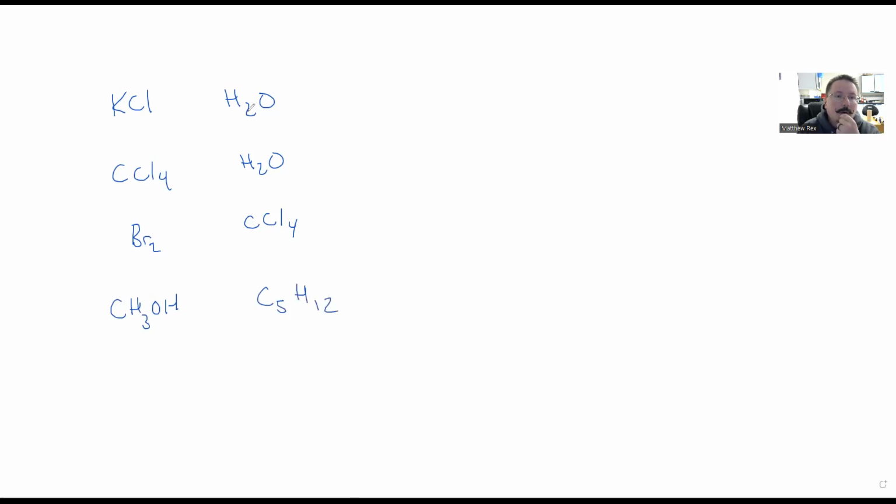All right. So this first one, you may notice potassium chloride. This is a metal, and this is a non-metal. So this is actually an ionic compound. And water is polar. It has hydrogen bonding and a dipole. So this is actually going to give us an ion-dipole. So we would expect that the potassium chloride would dissolve in the H2O, and we'd get a homogeneous solution or